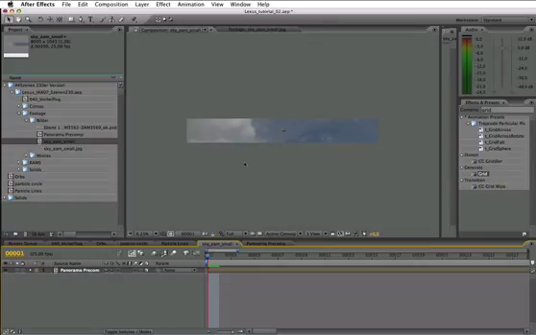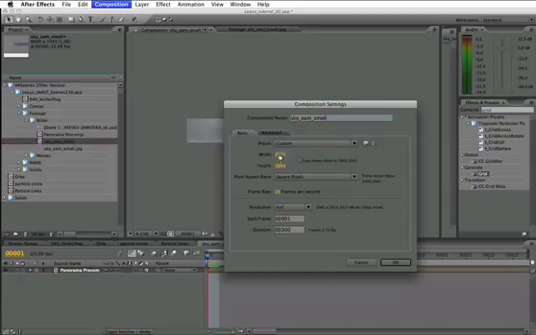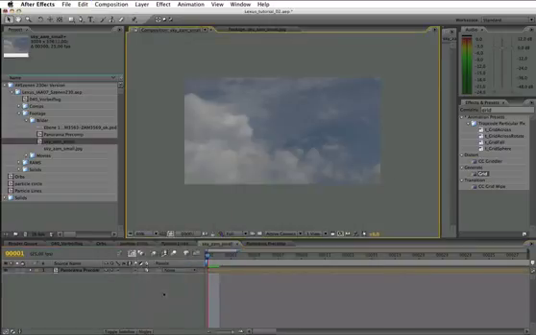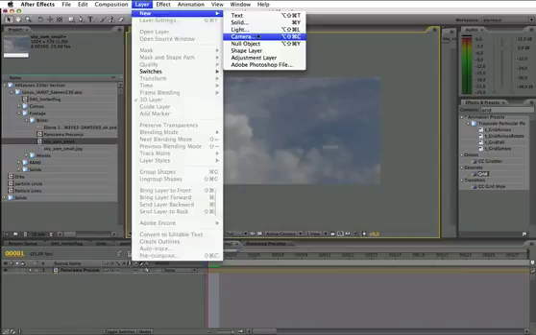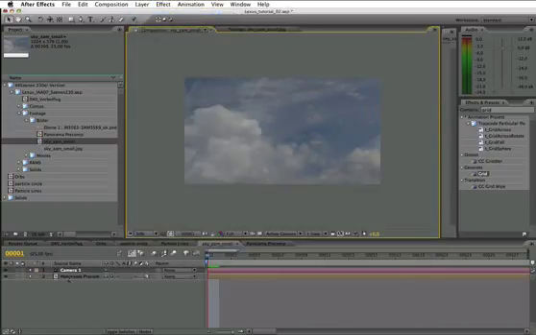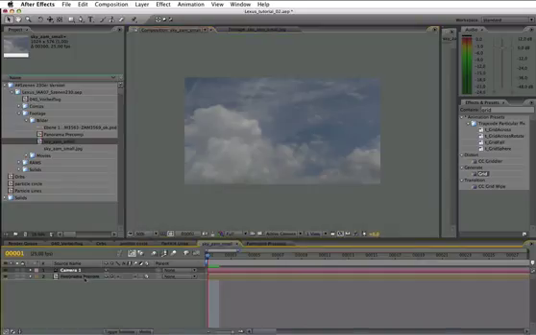What we do is make a widescreen, 1000, square pixels, and okay. We still don't have a camera in it, so we drop one in. New camera, 35 millimeters. And normally when you now rotate the camera,